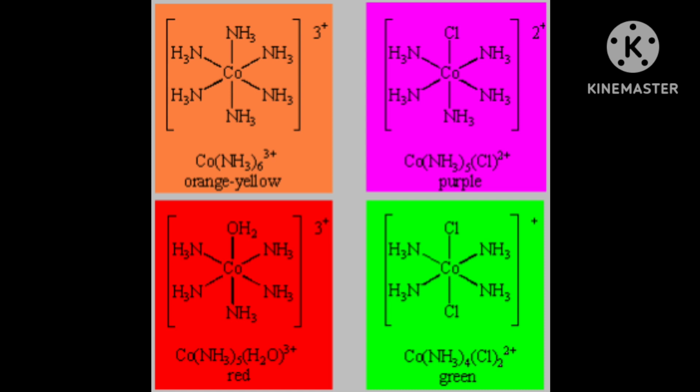And now Cu2+ is 3d9. Cu2+ is also blue. Also remember it is blue, as the question is asked. And Zn2+ is d10. There is no scope for transition, that's why it is colorless. Colorless. Then today I am stopping here.